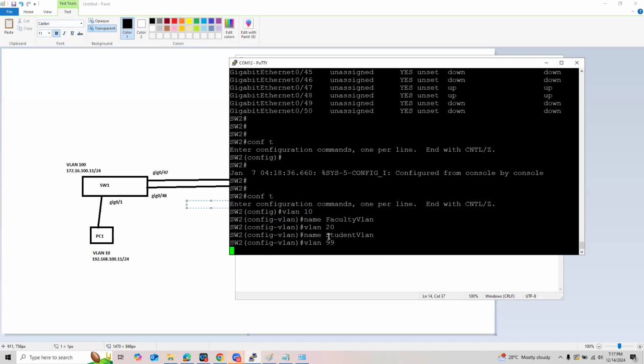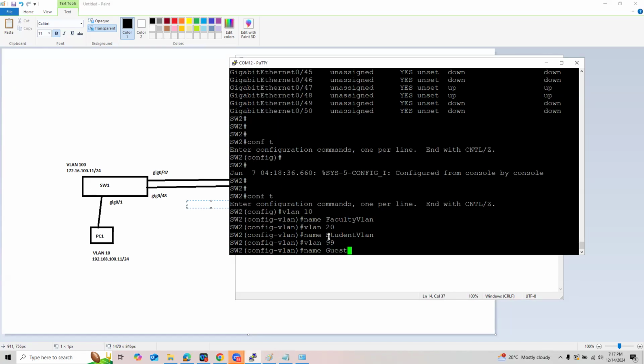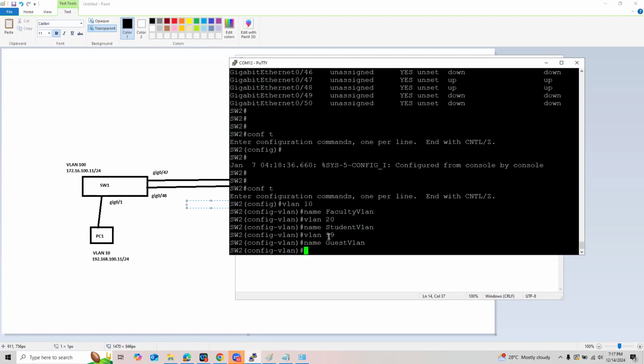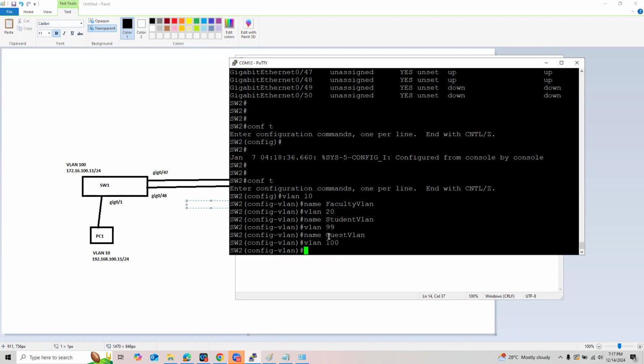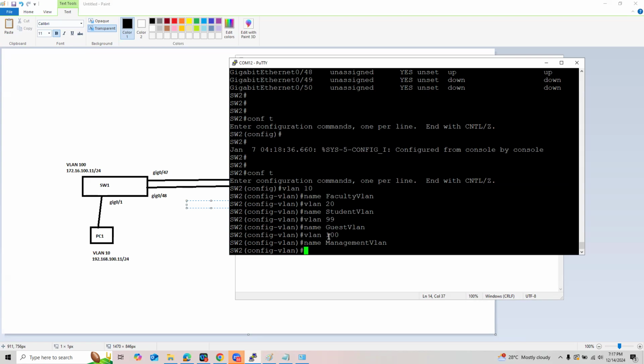VLAN 99, name is guest VLAN. Then VLAN 100 is our management VLAN. All right, as simple as that. Sorry, I named it admin VLAN. To change that, we'll just rename it, so admin VLAN here.